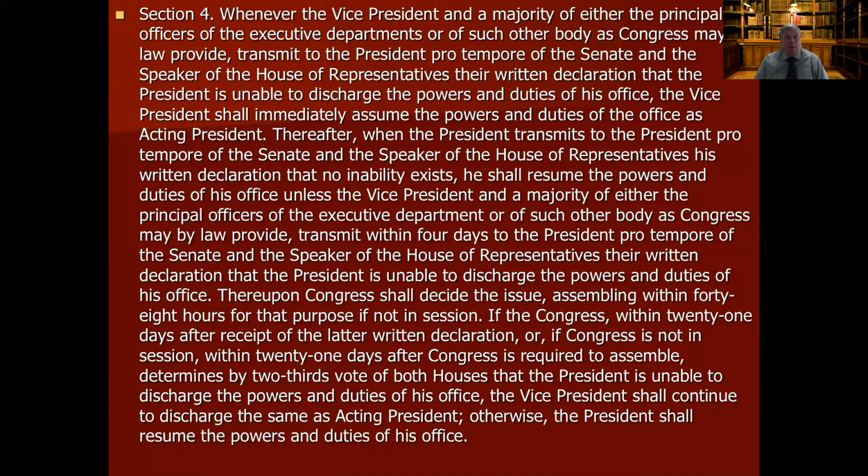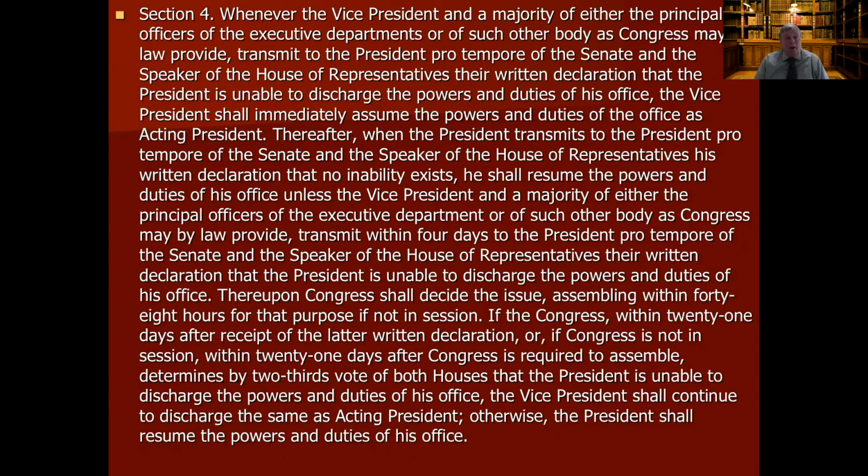the House of Representatives their written declaration that the President is unable to discharge the powers and duties of his office. Thereupon, Congress shall decide the issue, assembling within 48 hours for that purpose, if not in session. If the Congress within 21 days after receipt of the latter written declaration, or if Congress is not in session